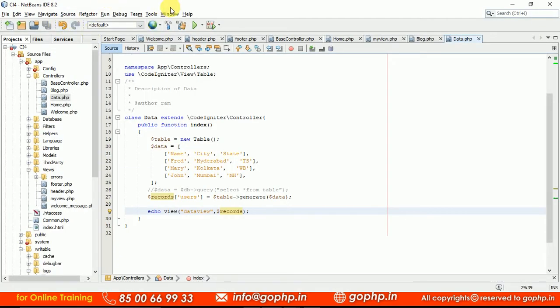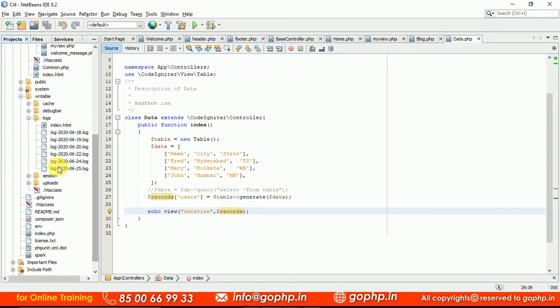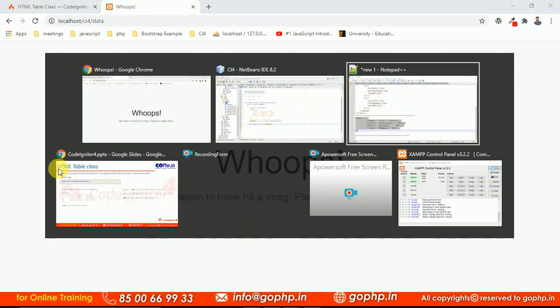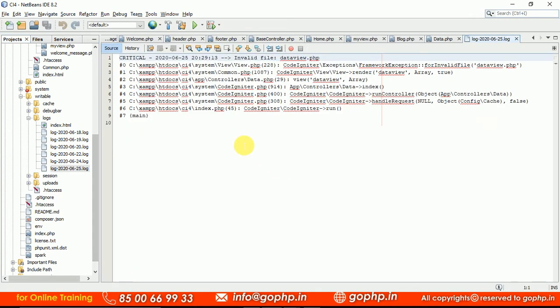If you want to see all the errors which are recorded in CodeIgniter 4, can you see guys, all of you here, we have something called the logs folder. In these logs, whatever errors you are getting, if you didn't understand why this error is coming, just go to your log file. Based on the day, a file will be generated with the date. Can you see? Today's date is here. Now we can open the file and you can see this is the error.